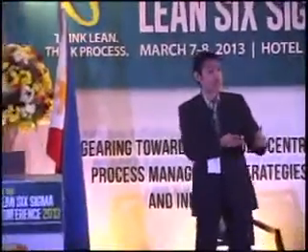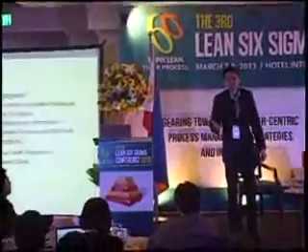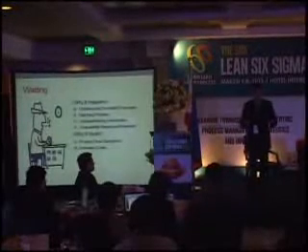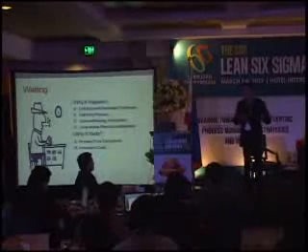So first, let me tackle each of those wastes. And let me start with the waste of waiting. So waiting means that practically the resource in your process is not doing anything, because perhaps the process is not balanced. So an upstream station is finished, but the upstream station is still processing, but the downstream station is already idle, waiting for the output of the upstream station, for the downstream station to process. And that happens because in terms of your process design, you don't have a balance in terms of your process steps.